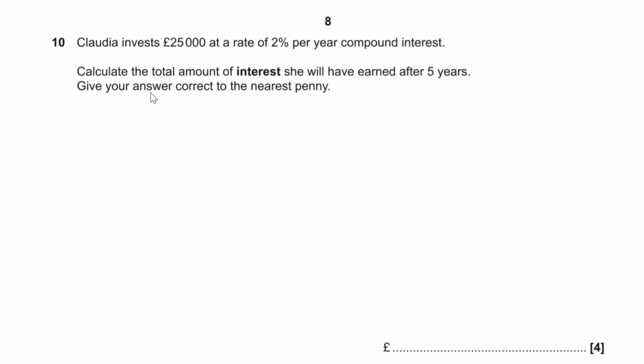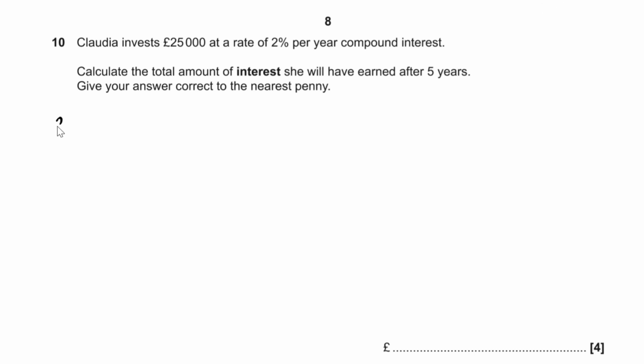Question number 10. Claudia invests £25,000 at a rate of 2% per year compound interest. We have to calculate the total amount of interest she will have earned after 5 years. Give your answer correct to the nearest penny. Well, over here,